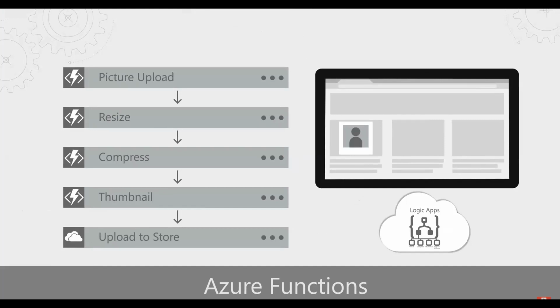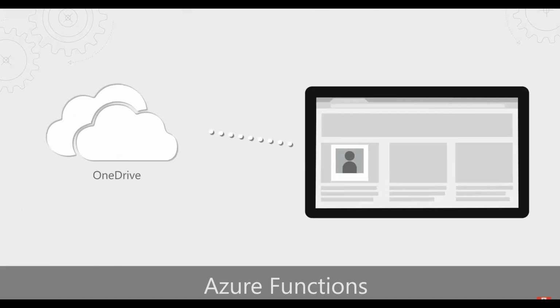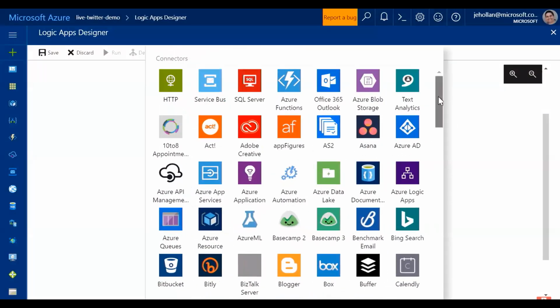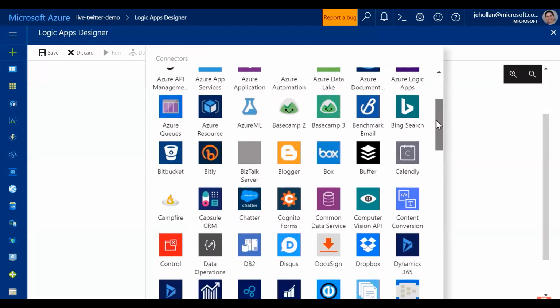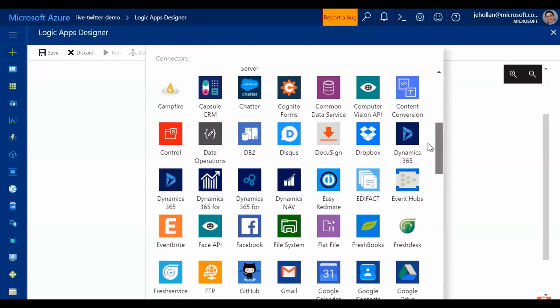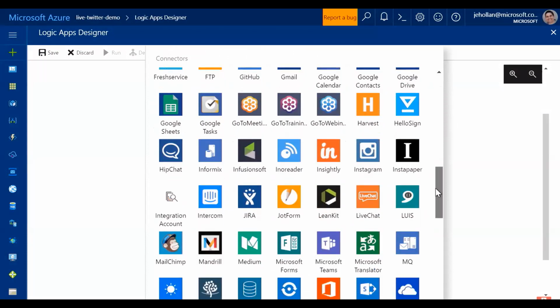And once all these tasks are done, I could make the next step to store the picture in OneDrive or my chosen cloud storage. And what's great is that most of the time, I don't even need to write the code for the orchestration or to integrate with apps like OneDrive because Azure Logic Apps has pre-built connectors. So developers can just focus on their blocks of code and they can utilize these connectors to integrate with their existing systems. Yeah, exactly. So I'm showing here, there's over 150 connectors provided by Logic Apps today. And this allows me to easily bind my serverless app to listen to events from sources like Dynamics or Salesforce. And I can also very easily create or push data into any of these sources.